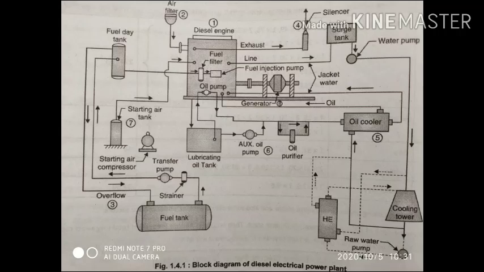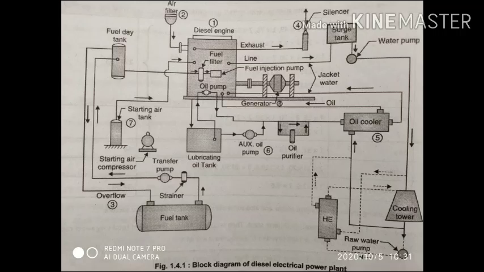Now the last one is the diesel engine generator or alternator. The alternators used in diesel electric power plants are rotating field salient pole construction, with speed ranging from 214 to 1000 rpm, poles about 28 to 6, and capacity ranging from 25 to 5000 kVA at 0.8 power factor lagging. Their output voltage is 440 volts in case of small machines and as high as 20 to 100 volts in case of large machines. Voltage regulation is about 30%.